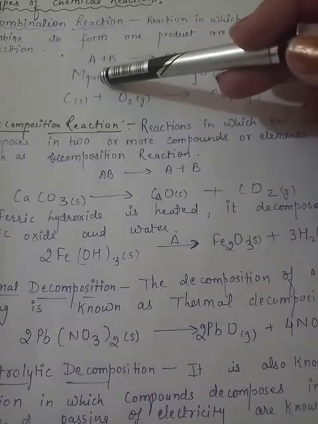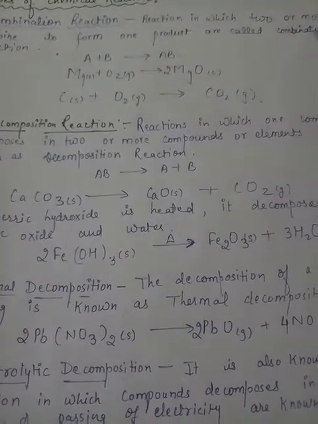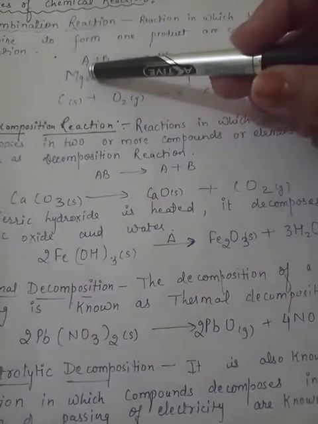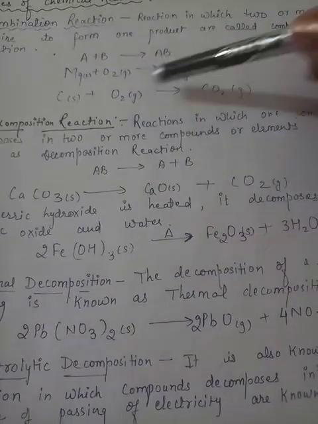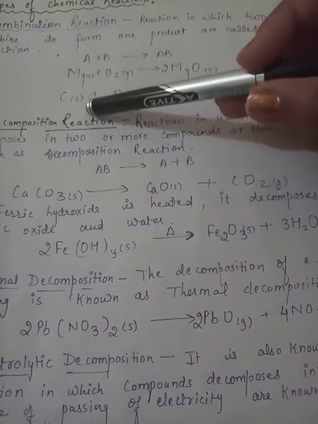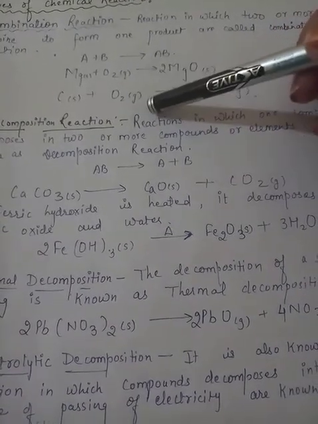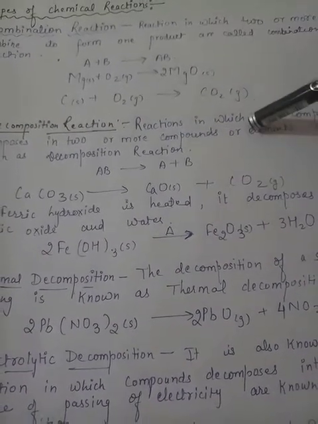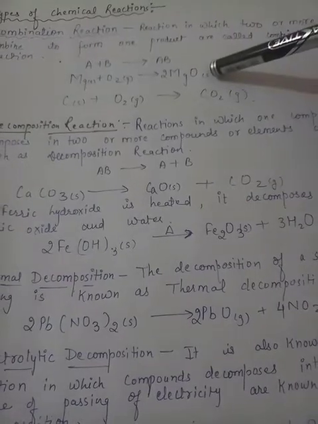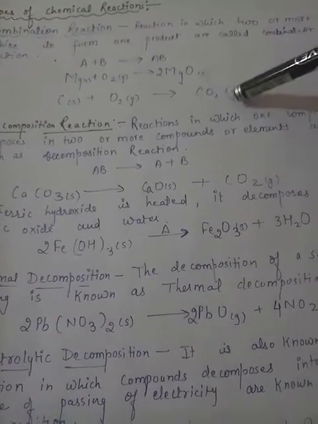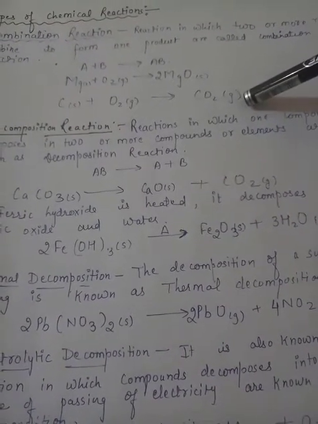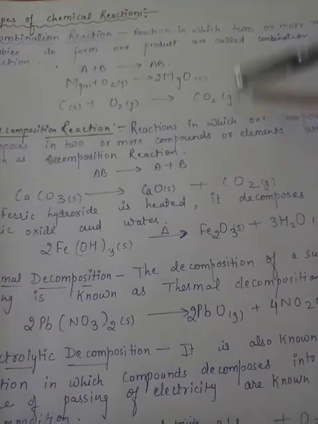And earlier also I have said that for making the reaction more informative, you can write solid, gas like these symbols. So here I have written magnesium is solid, carbon is solid, oxygen is gas, and this is also gas like this way. So the product is formed. Here it is solid ash, you can say magnesium oxide, and here carbon dioxide, in gaseous form.